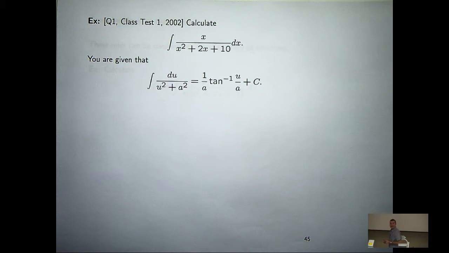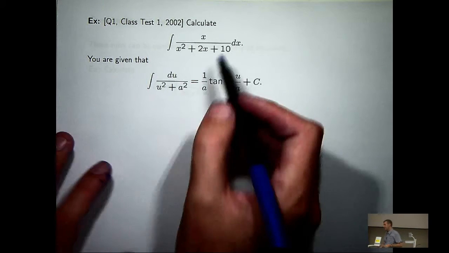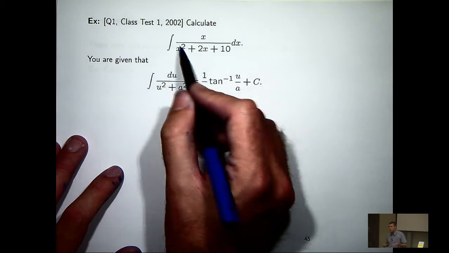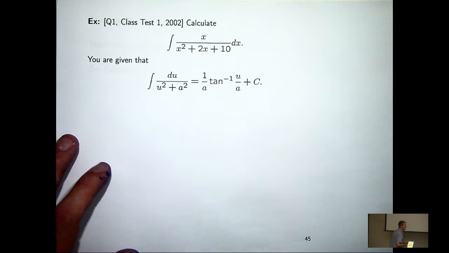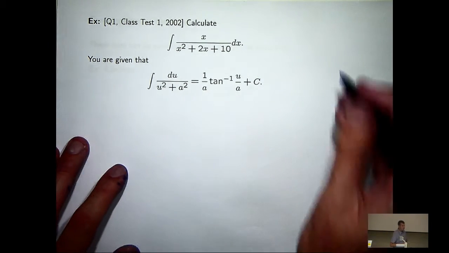All right, you're given an integral, and you're also given the integral of something involving 1 on u squared plus a squared, where a squared is a constant. Calculate the integral. All right, so firstly realise that the denominator doesn't factor. So what I'm going to try to do